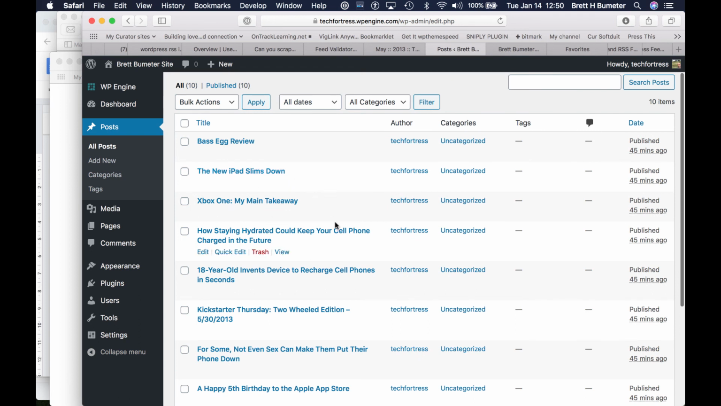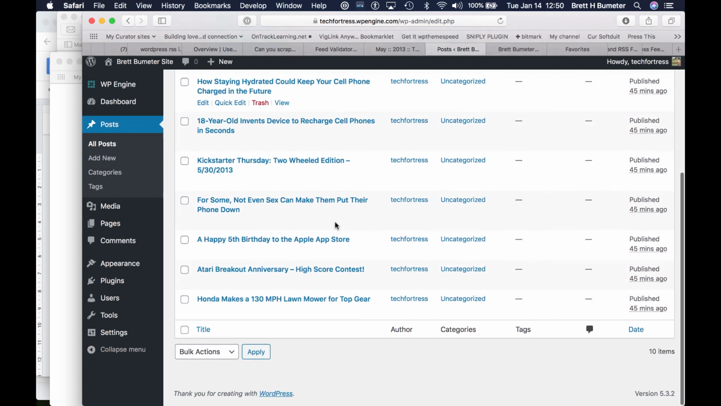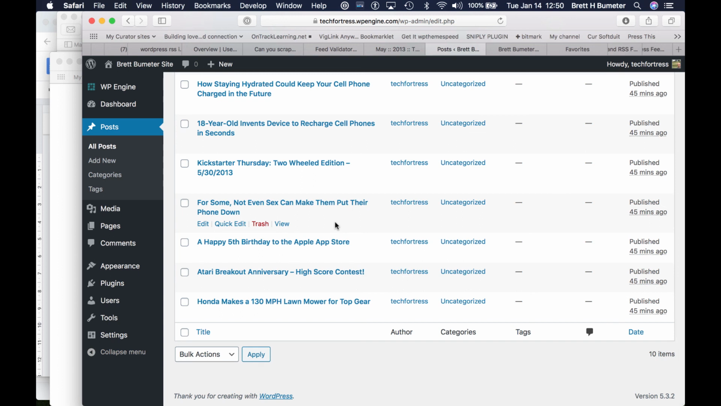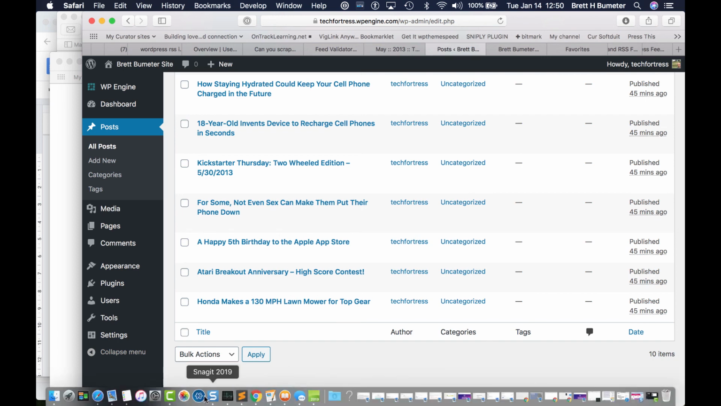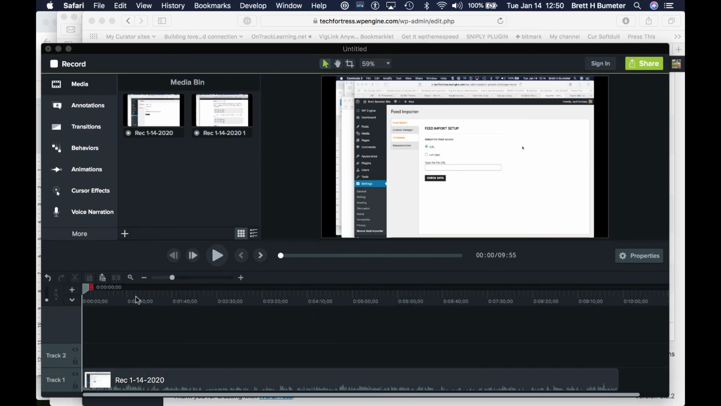New iPad Slims down. Yeah, these are not in order because we didn't update all those publish dates in the XML file. But we could bring in those other 3 or 4 items. So it's close, but not all the way there. That's what I know about